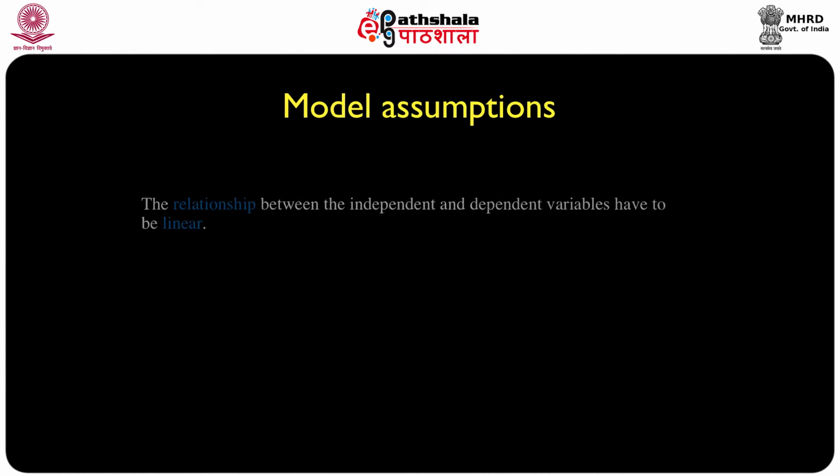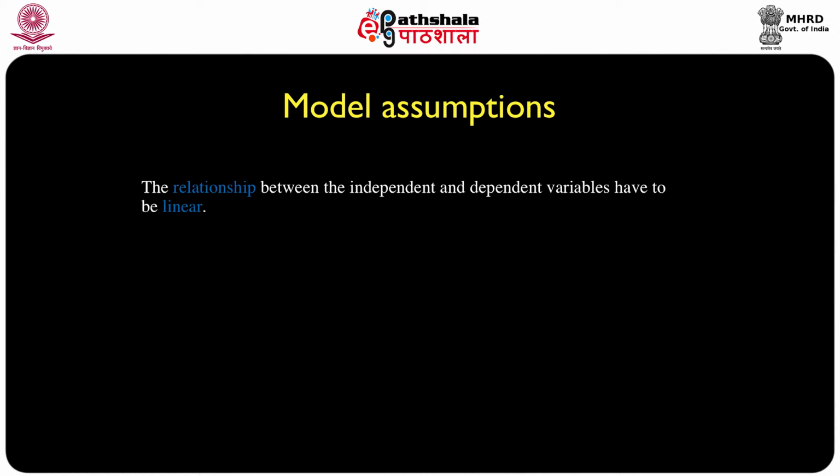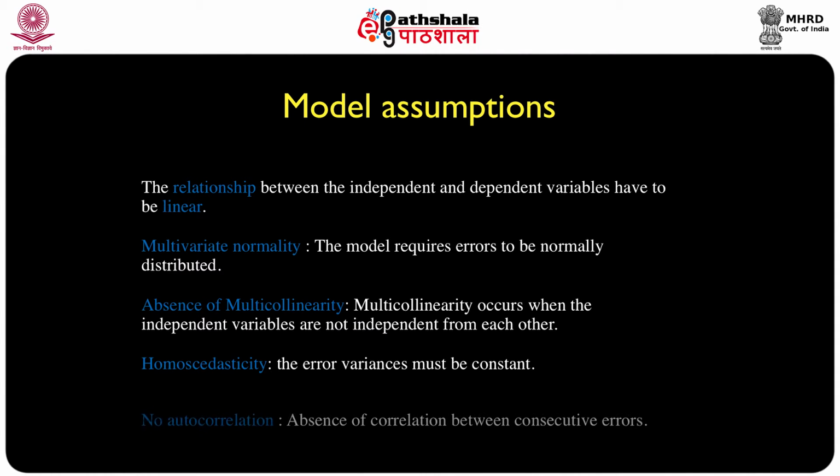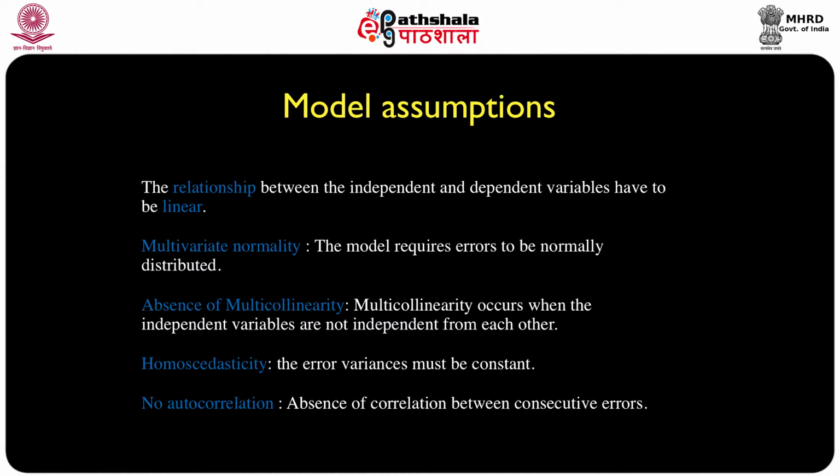Now, there are a few model assumptions made before we try to fit a multiple linear regression model. The first model assumption is that the relationship between the independent and dependent variable has to be linear. The second assumption is of normality. The model requires that the errors in the model have to be normally distributed. The third assumption is of